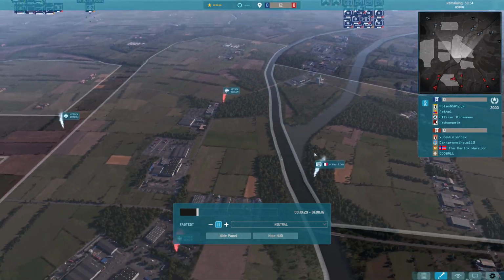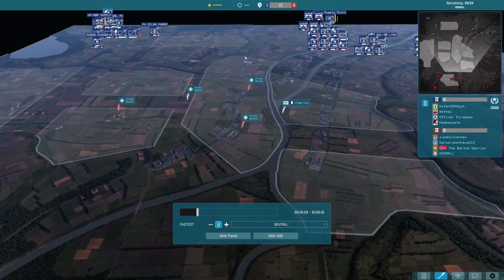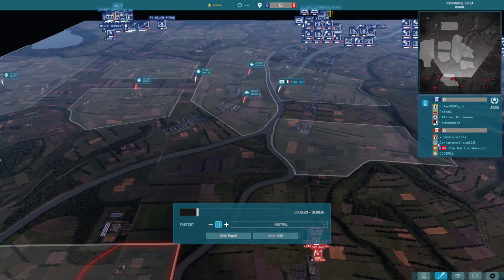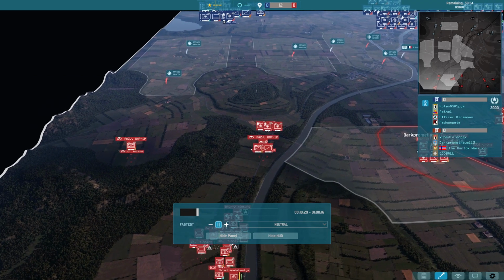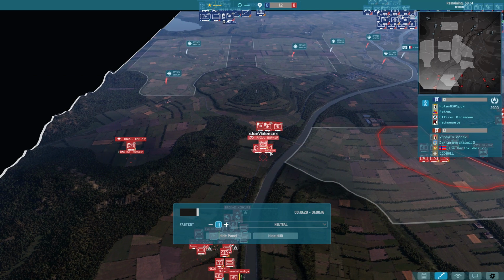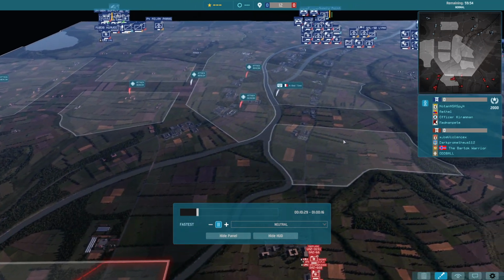So our plan here is, of course, to cap these points as the forward deployed unit of the team. I think Joe has a little bit of forward deployment, but not much. Maybe Oddball has some. A little bit. But